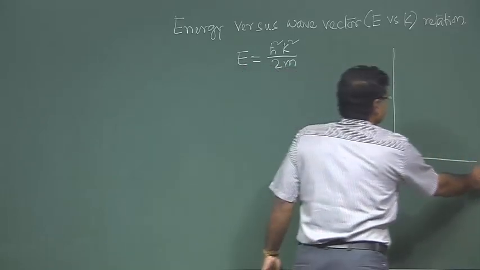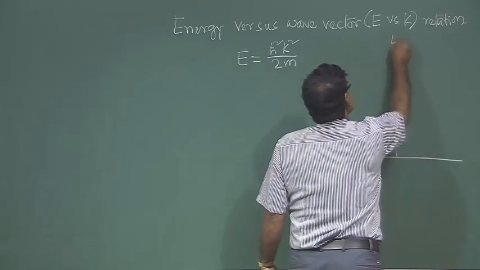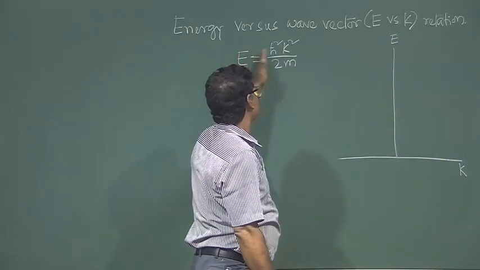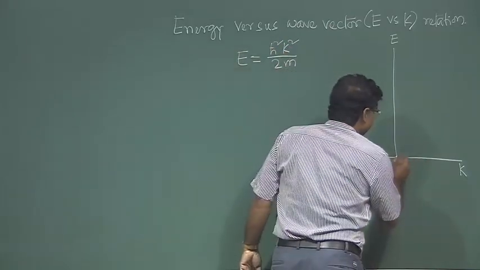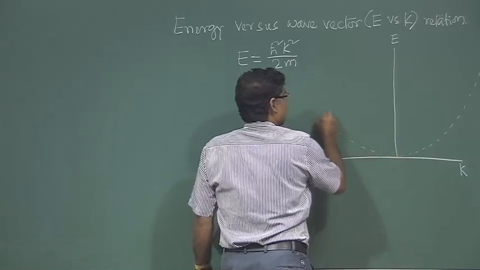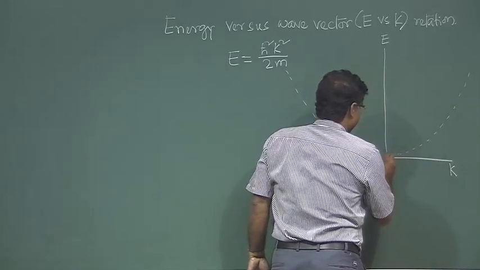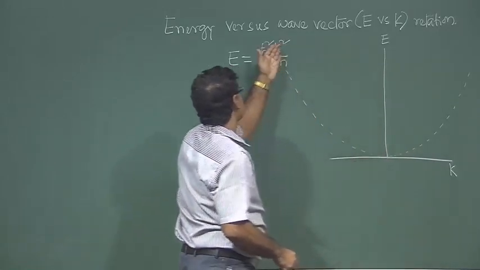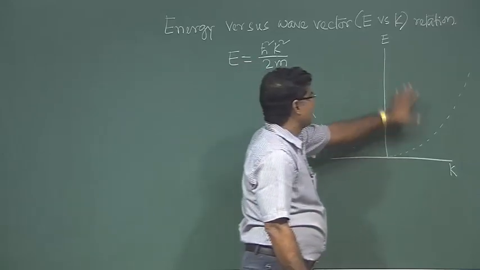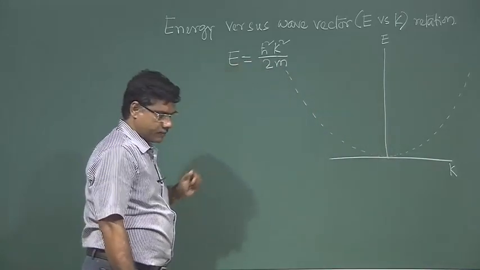So, if I plot, this is E and this is K. So, E is proportional to K square, so it will be parabolic, right. For plus minus K value, E will be positive, right. So, this relation between E and K is for free electron. Now, in case of